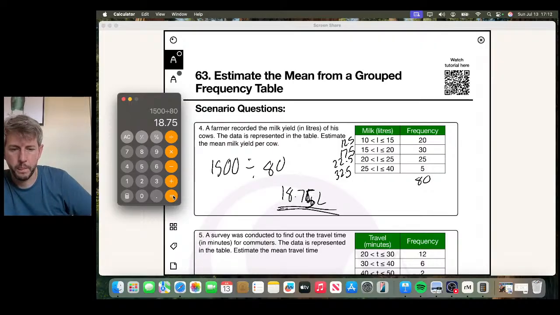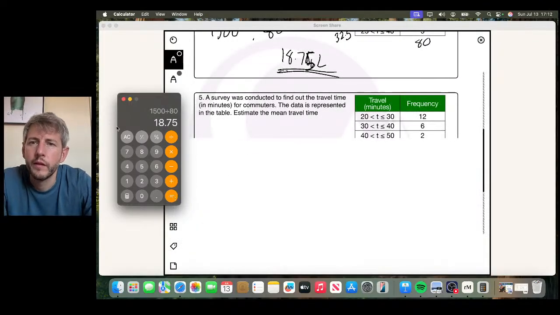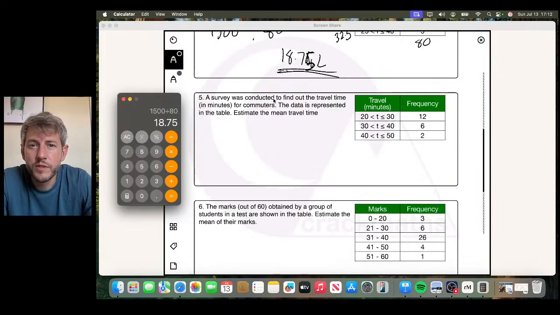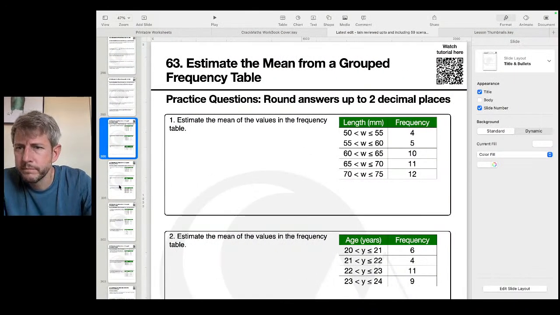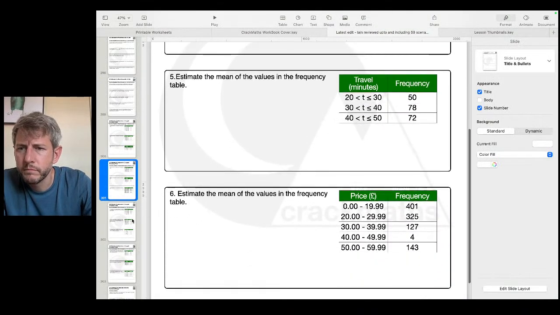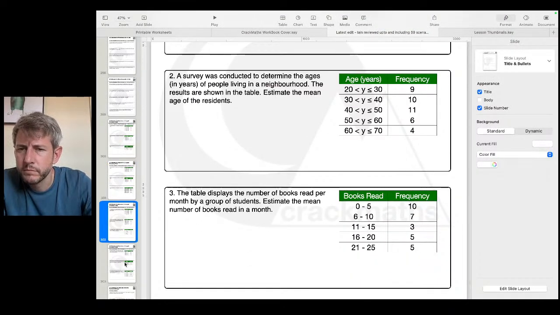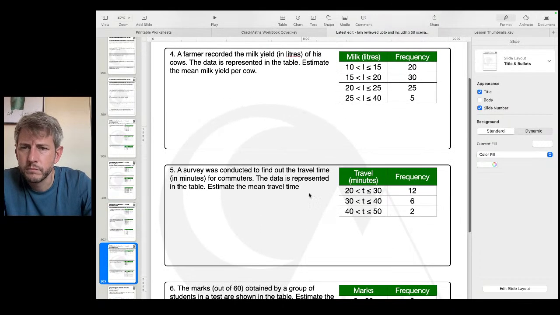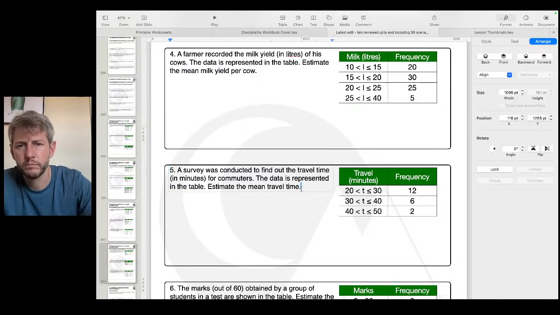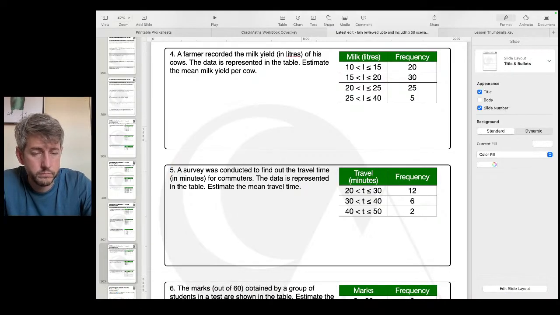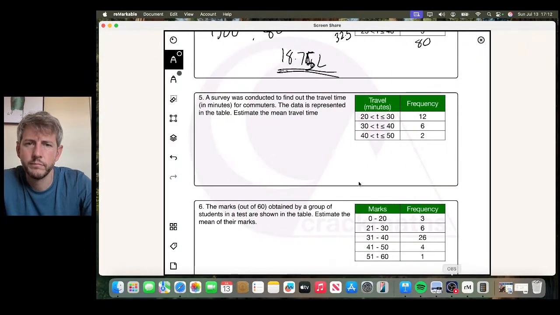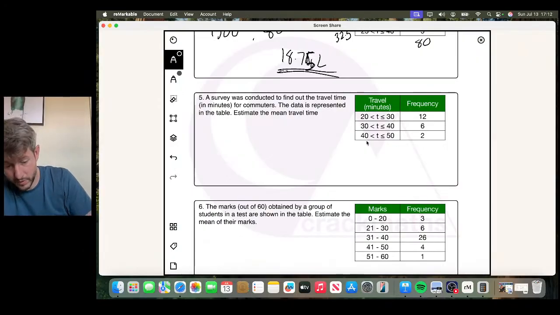A survey was conducted to find out the travel time in minutes for commuters. The data is represented in the table. Estimate the mean travel time. Oh, I'm missing a full stop. Okay, so we've got